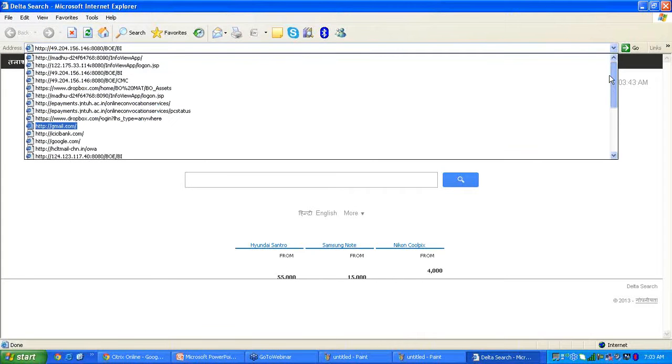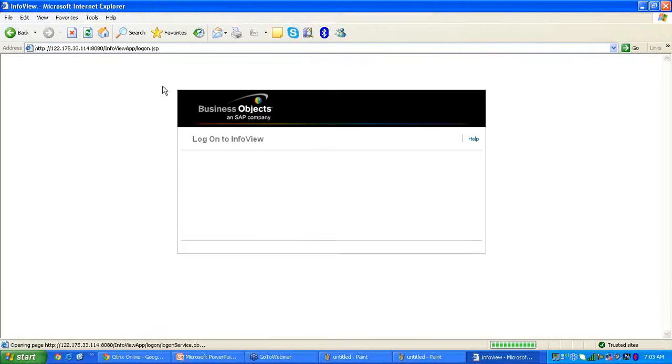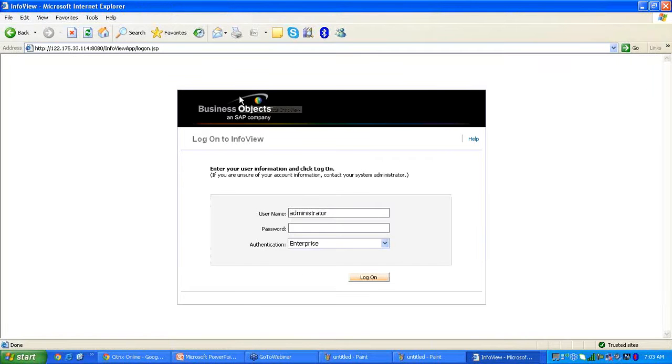In 3.1 we have the full version, and in 3.1 we call it InfoView. InfoView is also a business object portal. We can communicate with the whole repository through this InfoView. All the reports, and we can also create Web Intelligence reports, from the InfoView link.